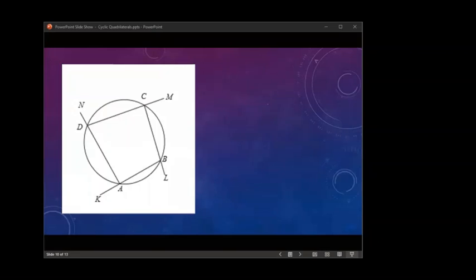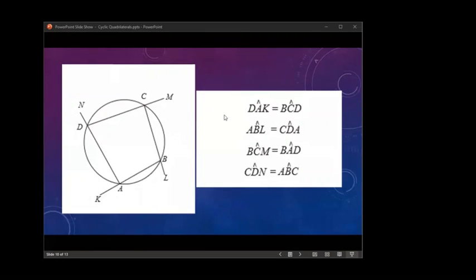Using that, you can say DAK is equal to BCD, and ABL is equal to CDA. And BCM is equal to BAD, this angle, the interior opposite angle. And also CDN is equal to the interior opposite angle